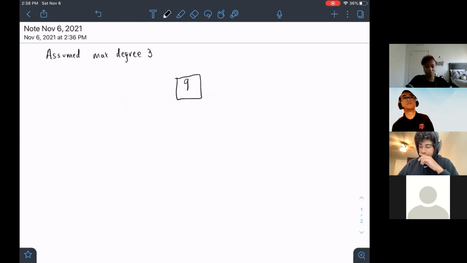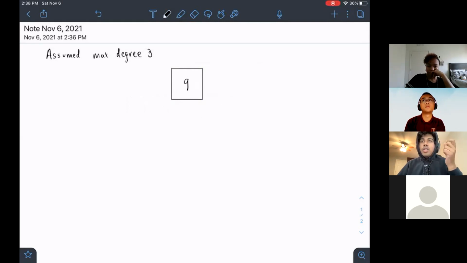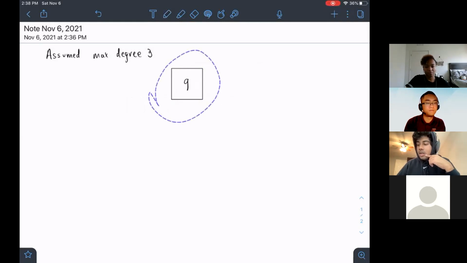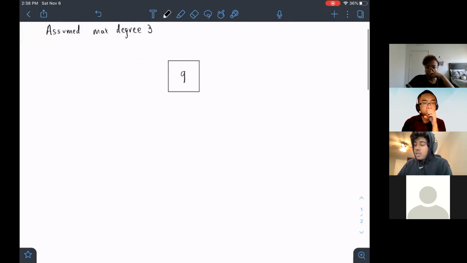There's 9 at the top. And then it has the pointers on the left and the right, right? Yeah, 4. Actually, do we need to draw all the steps? I'll just draw the final one. Yeah. And then we can double check our work once the final one is drawn out. So there's 9 at the top. And then there's